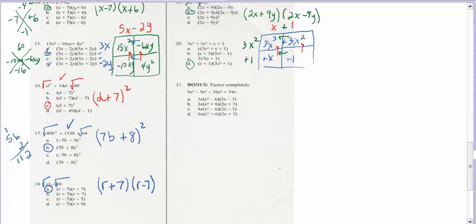Okay, and the last one, our bonus. I look and see, does it have anything that I can take out? And I think I can take a 3 out. I can also take an x out. 3 times 2 is 6, x to the third. 3 times negative 3 is negative 9, x to the second. 3 times negative 12, x, and then 3 times